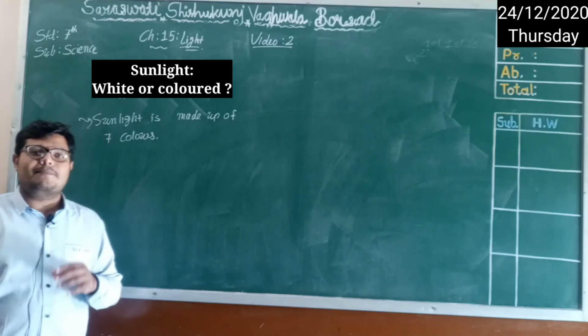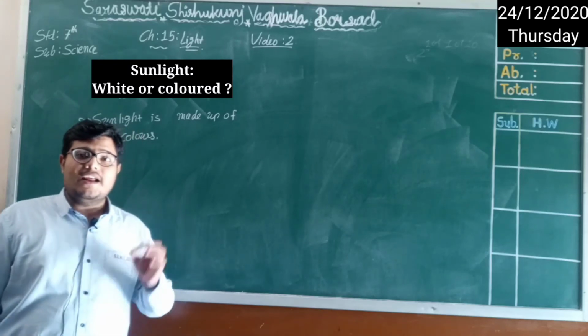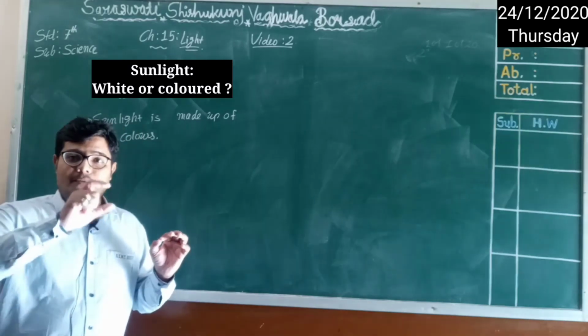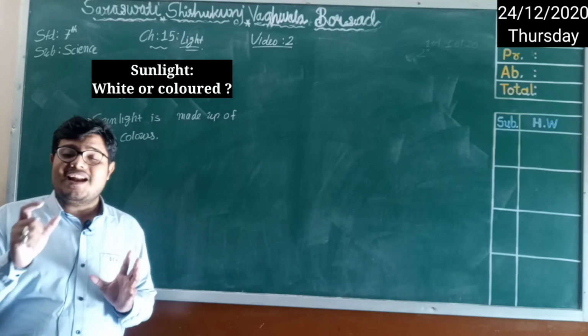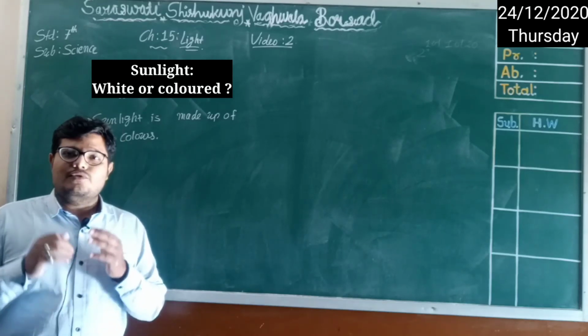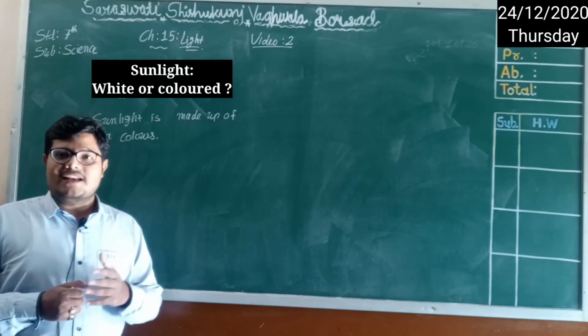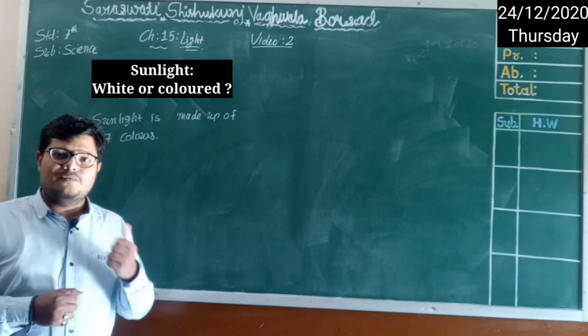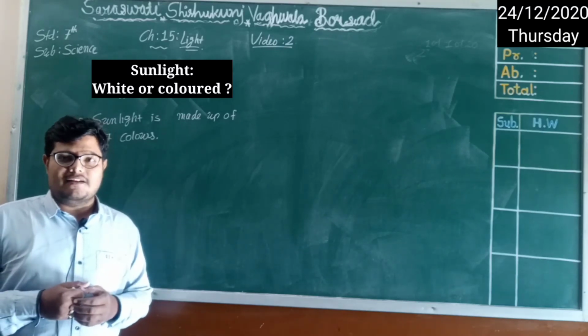Now this was your chapter on light, in which we have studied light, mirrors and lenses. Mirror and lens is a very important topic, right? If you still have confusion, you can ask me during the live class, otherwise see this video again so you will understand it better. Thank you.